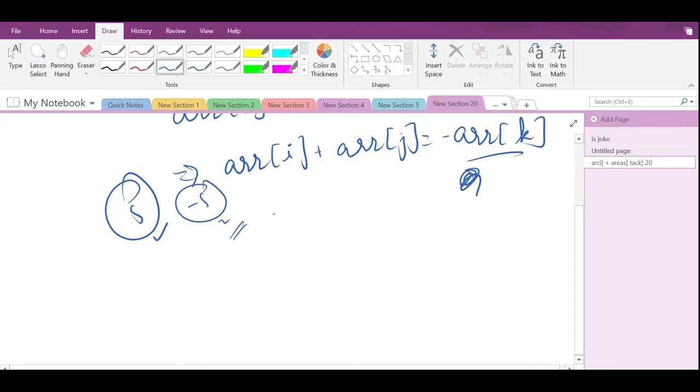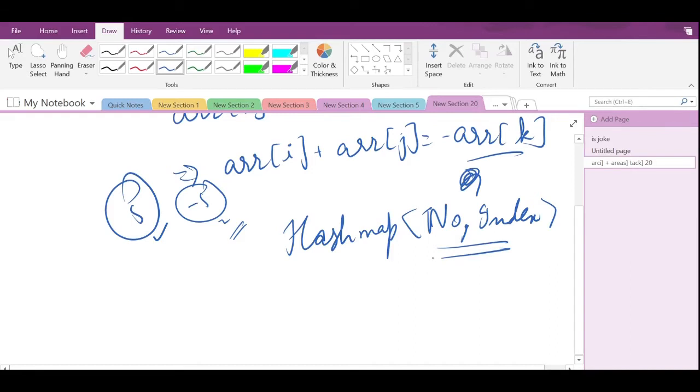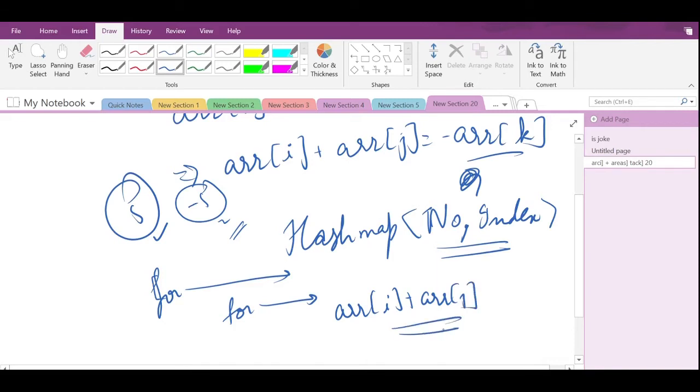It first gives me an opportunity to have a hash map of number, index. I will put all my numbers here along with their indexes. Then I will traverse through my array, and for every pair I'll check if it is possible to find the negative of their sum, and if yes, I'll put that triplet in my answer.